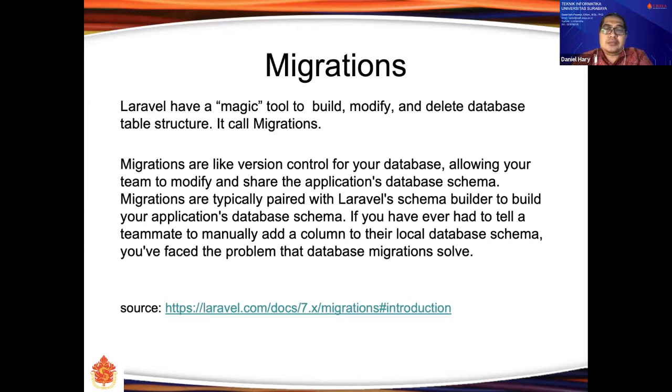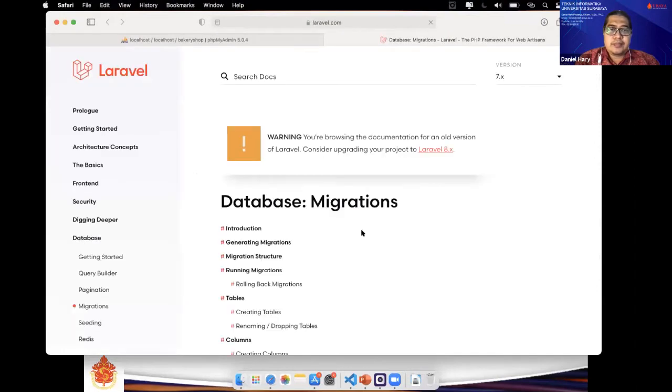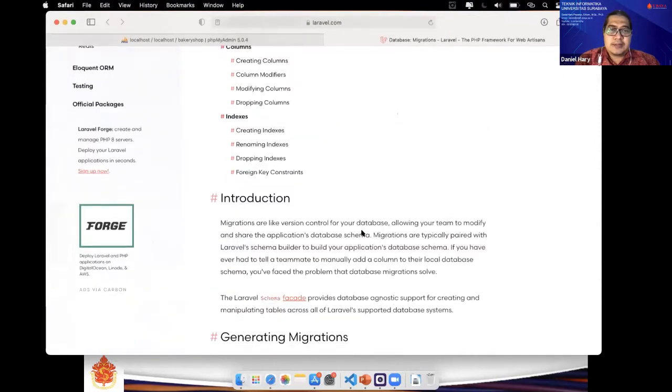You can create it as a template, and then you just modify the migration file for specialization of the new website. Okay, you can also see what the migration name here. Database migration.